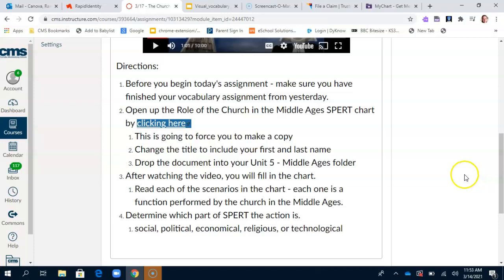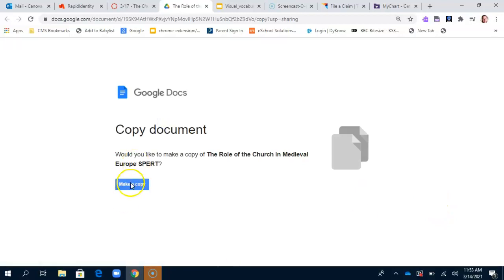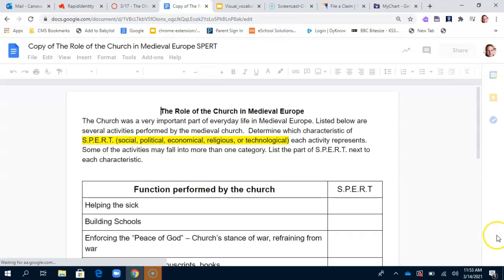You're going to read each of the scenarios in the chart. Each one is a function performed by the church in the Middle Ages, and you're going to determine which part of SPURT the action is. So you're going to watch the video. You're going to open up the SPURT chart, and as you can see,